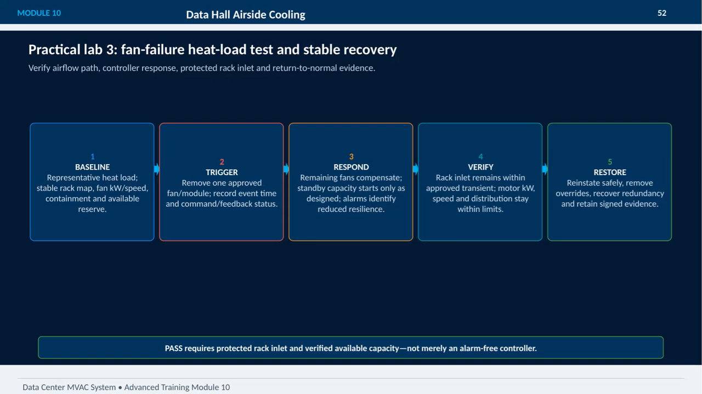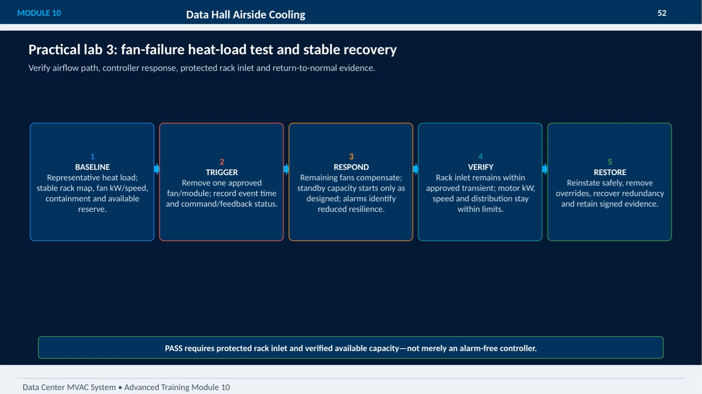In this practical lab, we focus on the fan failure heat load test and the stable recovery process. First, we start with a baseline, capturing a representative heat load, monitoring a stable rack map, fan power and speed, along with containment and available reserve capacity. Then, during the trigger step, we remove one approved fan or module, carefully recording the event time and command and